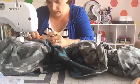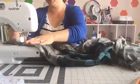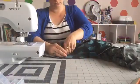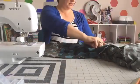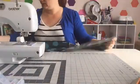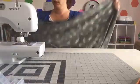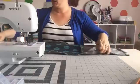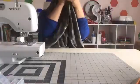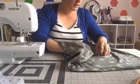Just going to clip my threads, and you'll see we've gone through the back too, so that means that it'll keep the two layers of knit together. So I'm going to take my pins off, all of them. So let's see, this blanket is 38 inches wide, and I made it 13 inches, so yeah, that's about 1/3, right? Because we did about 1/3 of 40. So let's take our pins out. There's one here too,